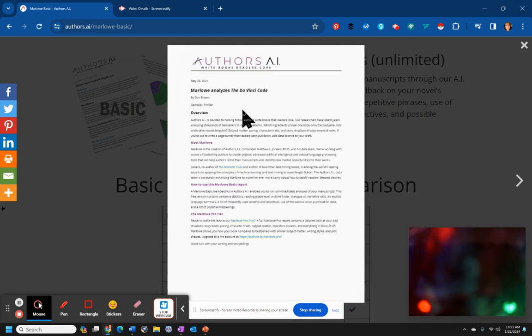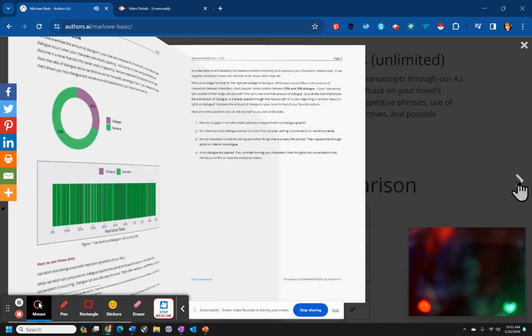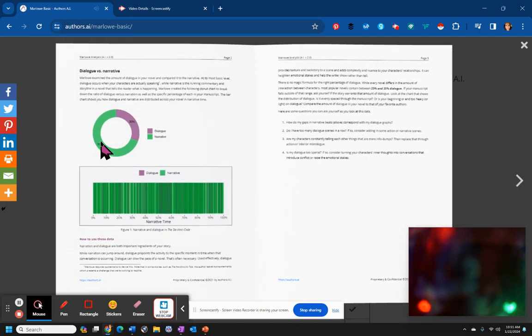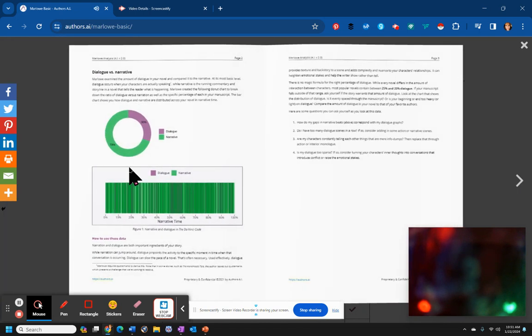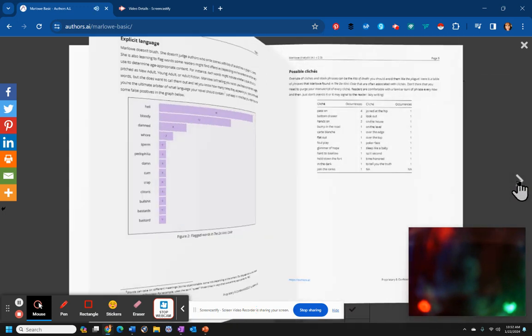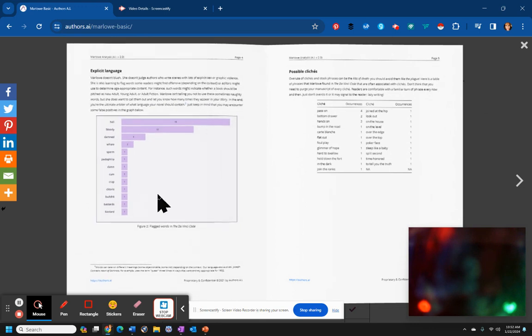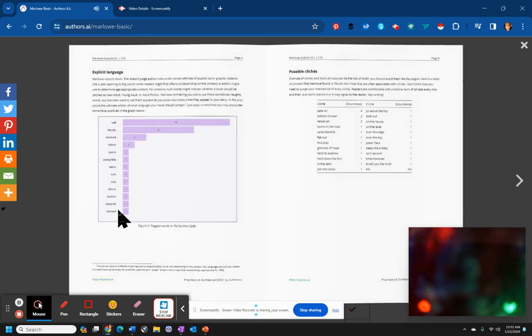And here's one on the Da Vinci Code. So it'll give you, that's kind of cool. It gives you your dialogue versus narrative, how much dialogue is in it versus narrative. So this is much more narrative than the quotations and stuff. And it's just on their website. It gives you explicit language and what the actual words were,